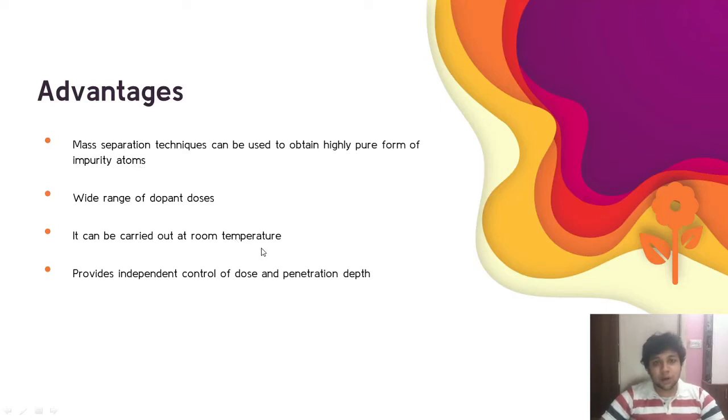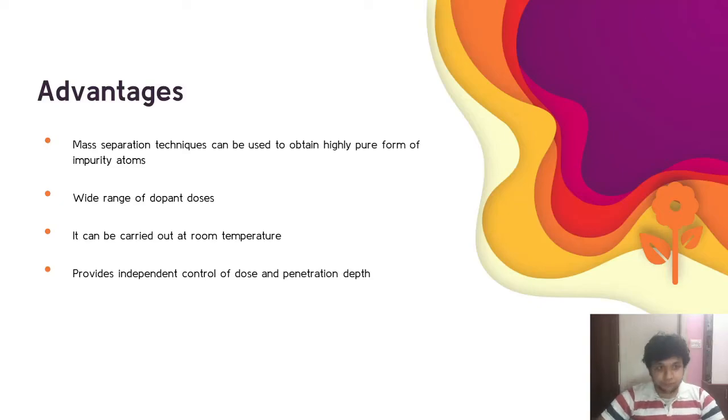And another important advantage of this ion implantation process is that, as I told earlier, it can be performed at a very low temperature, very low in the sense it can also be carried out at room temperature, and this process provides an independent control of dose and penetration depth. As I told earlier, both the doses and the penetration depths are purely independent, and we can choose as per